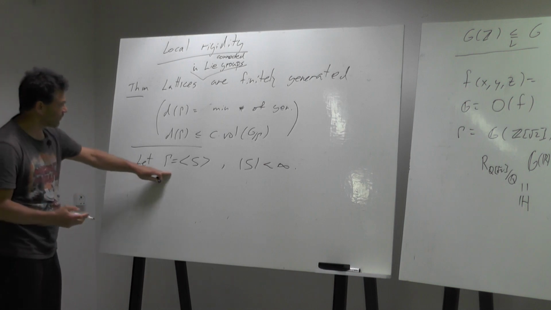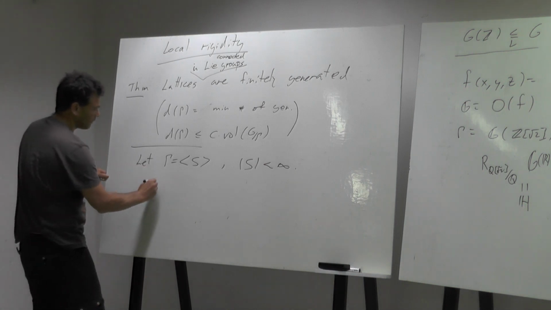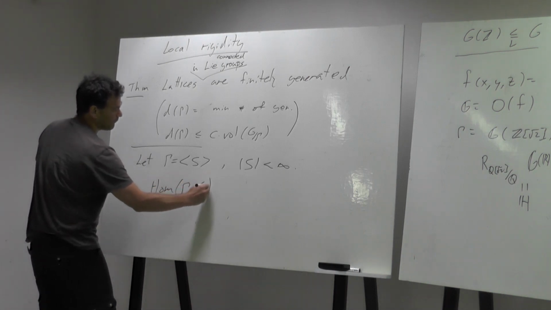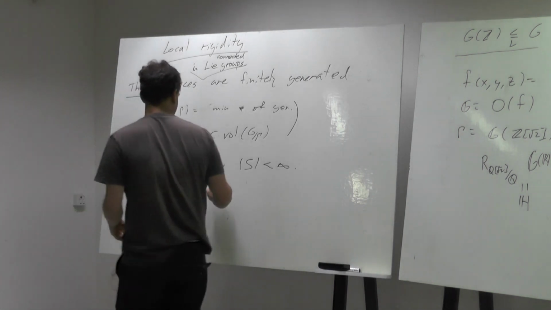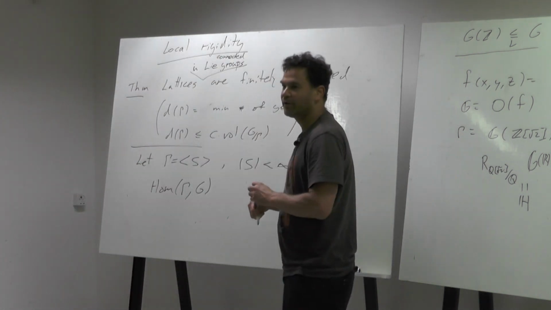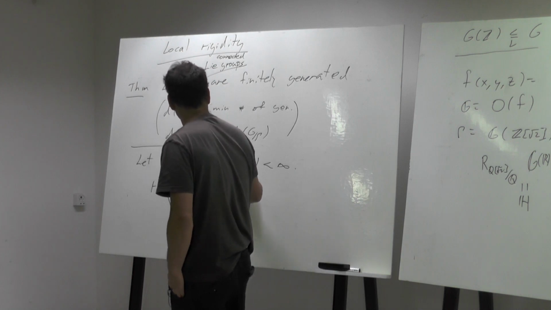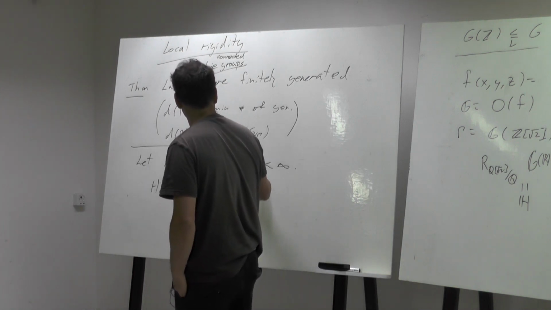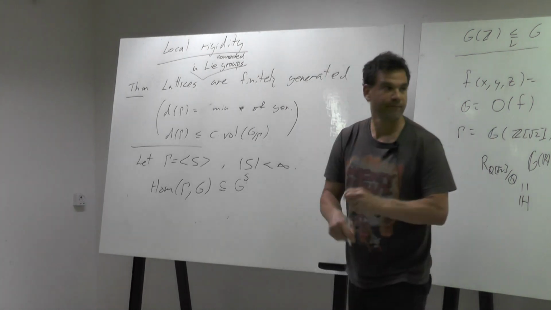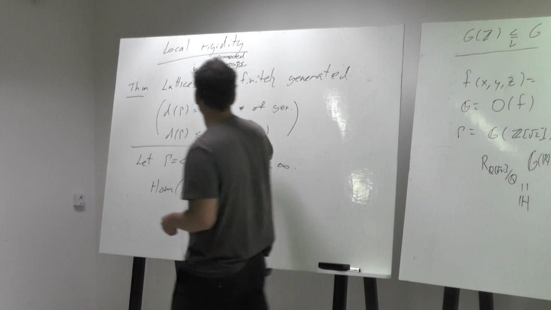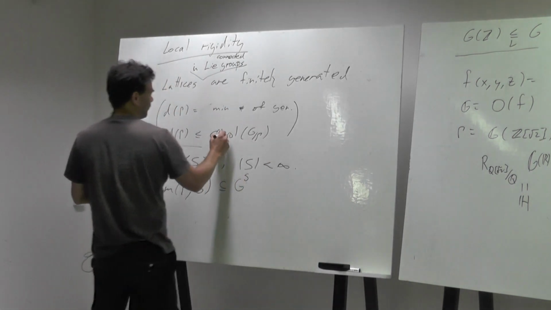So we now consider a general finitely generated group, and you consider the representation variety: all the homomorphisms from gamma to G. You can think of it as a subspace, in a non-canonical way, of G to the S. The number C depends on G, but I just wanted to remark this.